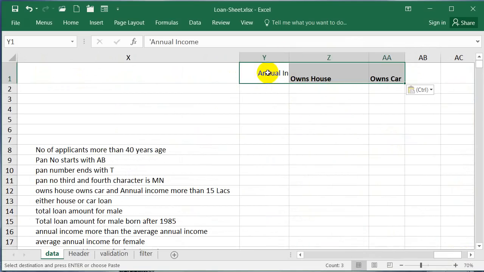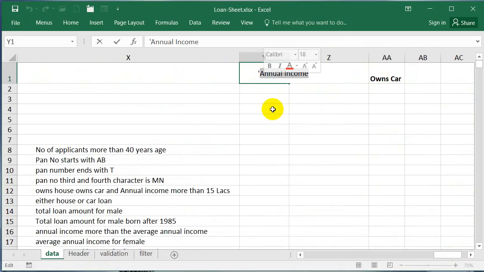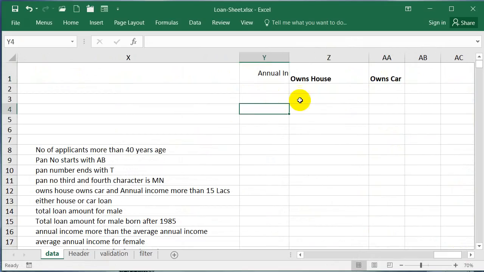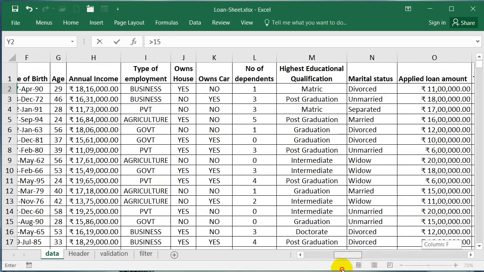We have pasted it here. This is annual income, this is owns house, and this, right? Okay, and it should be greater than 15 lakhs, right? Let me check what are the values given in this.